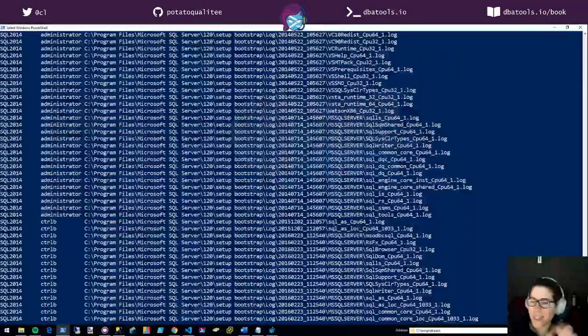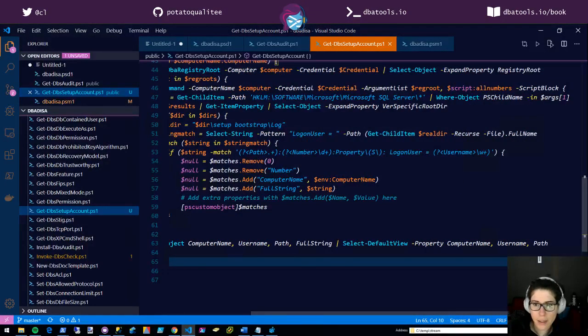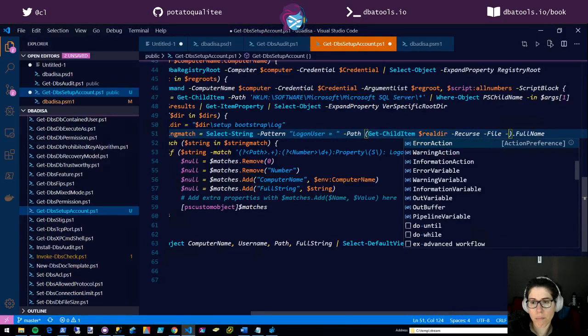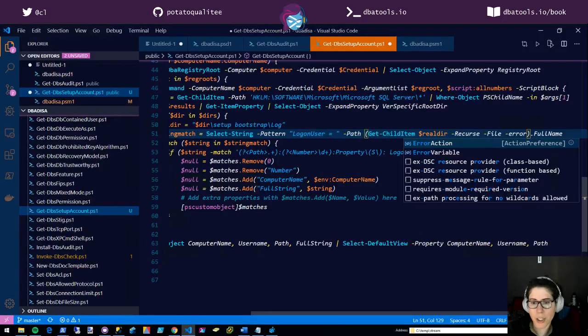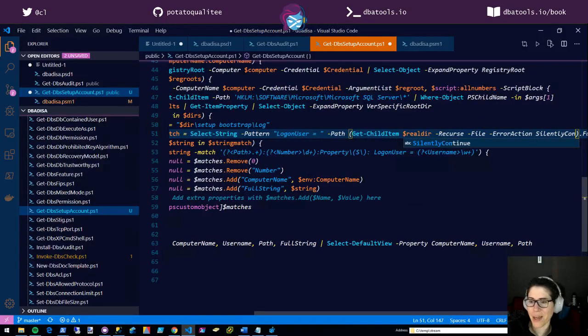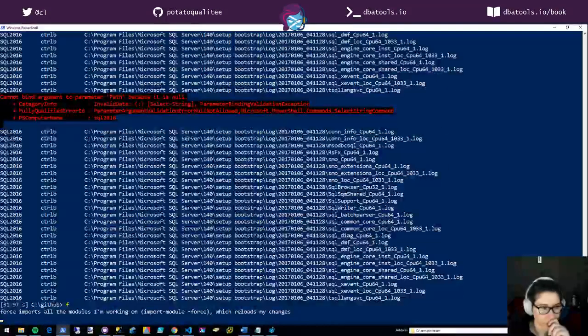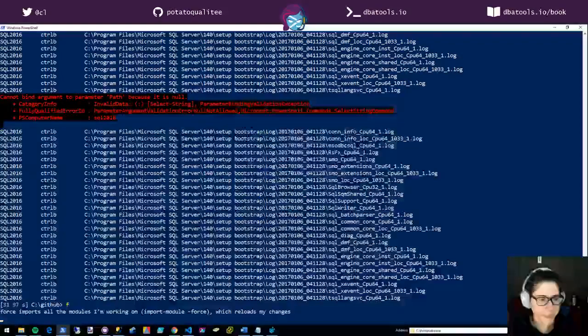What I'm gonna have to do is ignore whatever that is because I don't care. This is just telling me that it doesn't exist, but it looks all red and nasty. And I think that it is here, although I don't know. All right. ErrorAction SilentlyContinue. And then that way I don't see that red stuff. Let's try again. Oh, if we want to see exactly where that error came from.